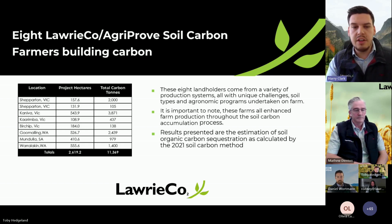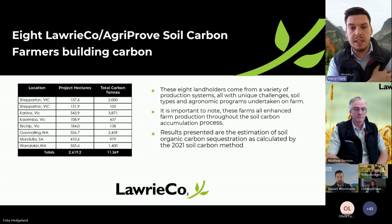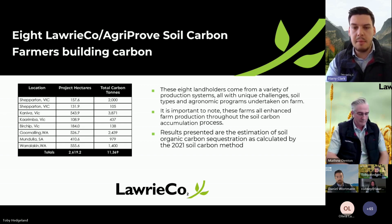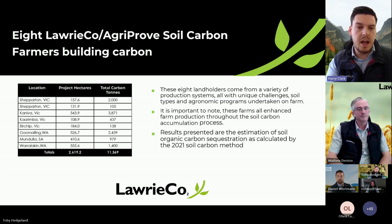And I will add as a note that these are all within 12 to 18 months of their initial baseline date. So not only have we been able to successfully build up soil carbon in these environments, but we've also done it very quickly within those systems just by the introduction of some of that biology and our soil carbon building land management strategy. And I'll preface this again by saying that these at the moment are successfully measured increases,